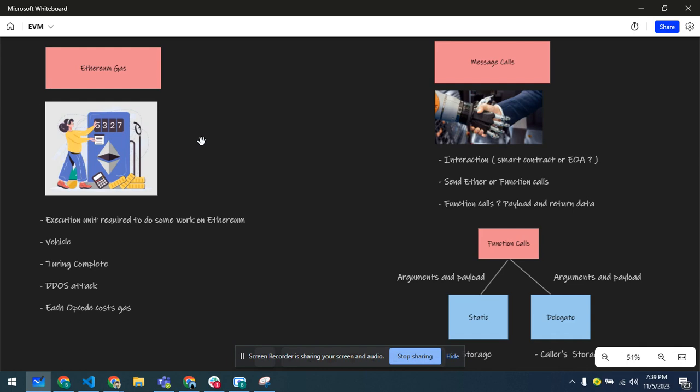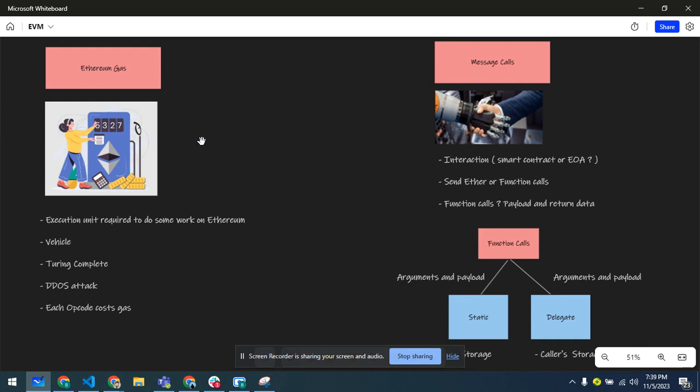Now, Turing completeness introduces loops, and those loops can run indefinitely. Let's say I have a loop, and due to some mis-condition, it is running thousands or millions of times instead of just one or two times, and